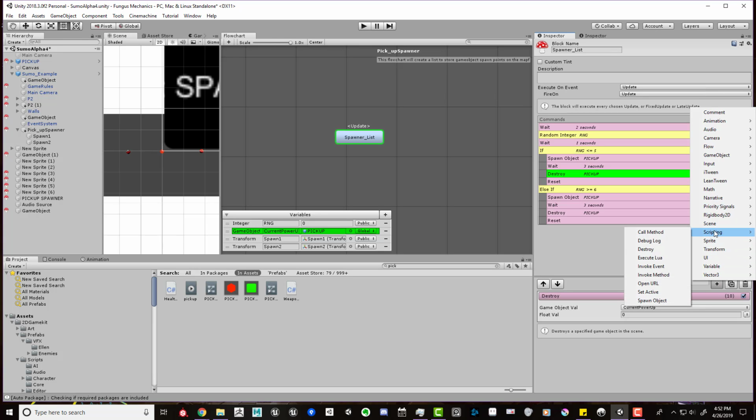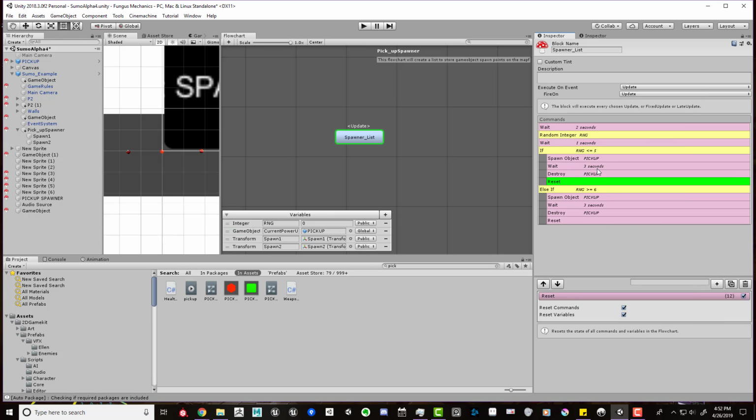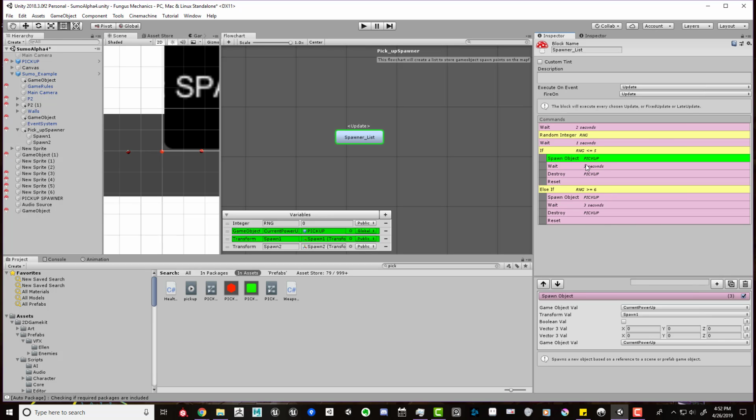No, it's not under scripting. Where is this at? Variable. So it resets all the variables back to their default, right? This is important because it's going to reset this pickup variable to be pickup because I destroyed it. So I need to retrieve it again and store it. So I'm kind of hard resetting all the stuff,